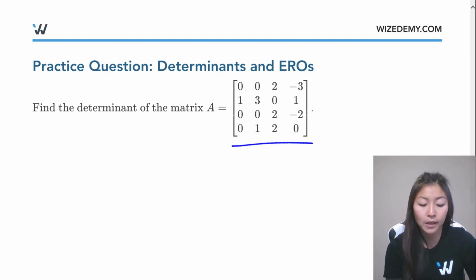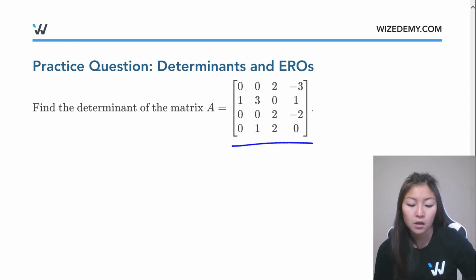Let's find the determinant of this 4 by 4 matrix A. Now, on the final exam, whenever you see a bigger matrix, like a 4 by 4, 5 by 5, and so on, I highly recommend trying to use properties instead of finding the determinant directly. Yes, of course, you can find the determinant directly using what we know, but using properties makes it a lot